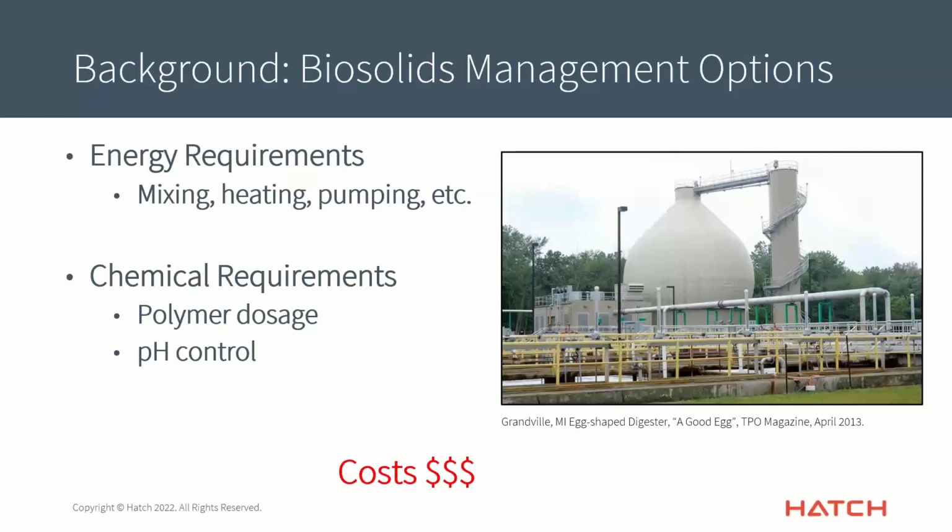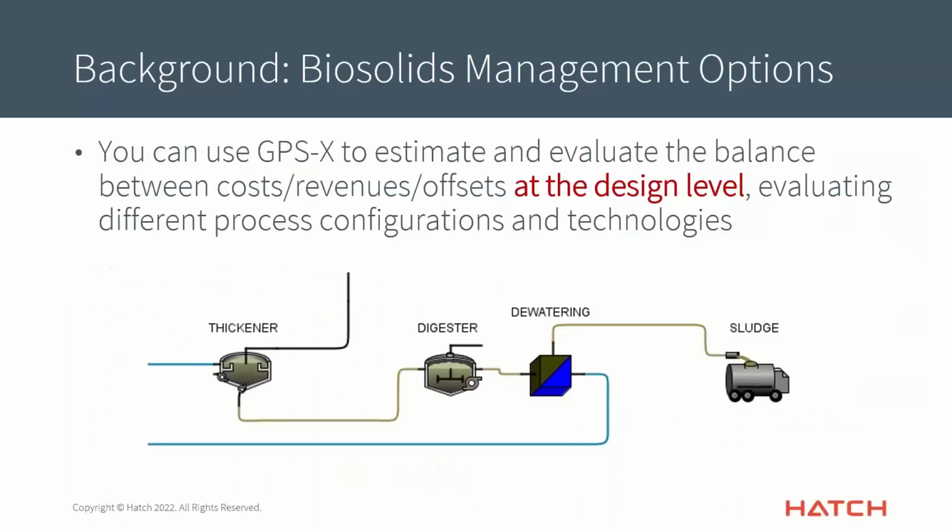So we have a bunch of potential revenue generation, so that's a plus, and then we have a number of different kinds of costs, which is a minus. And so what we want to be able to do is use a tool like GPS-X to balance those things one against another and see what the overall net operation is. And that can be done actually at the design level by choosing different types of process configurations and using different technologies to figure out what is the best for your particular situation. So if you're building a new greenfield facility, or if you're upgrading or replacing the biosolids handling section of an existing wastewater treatment plant, you could look at doing various different types of options, and you could model all of those,